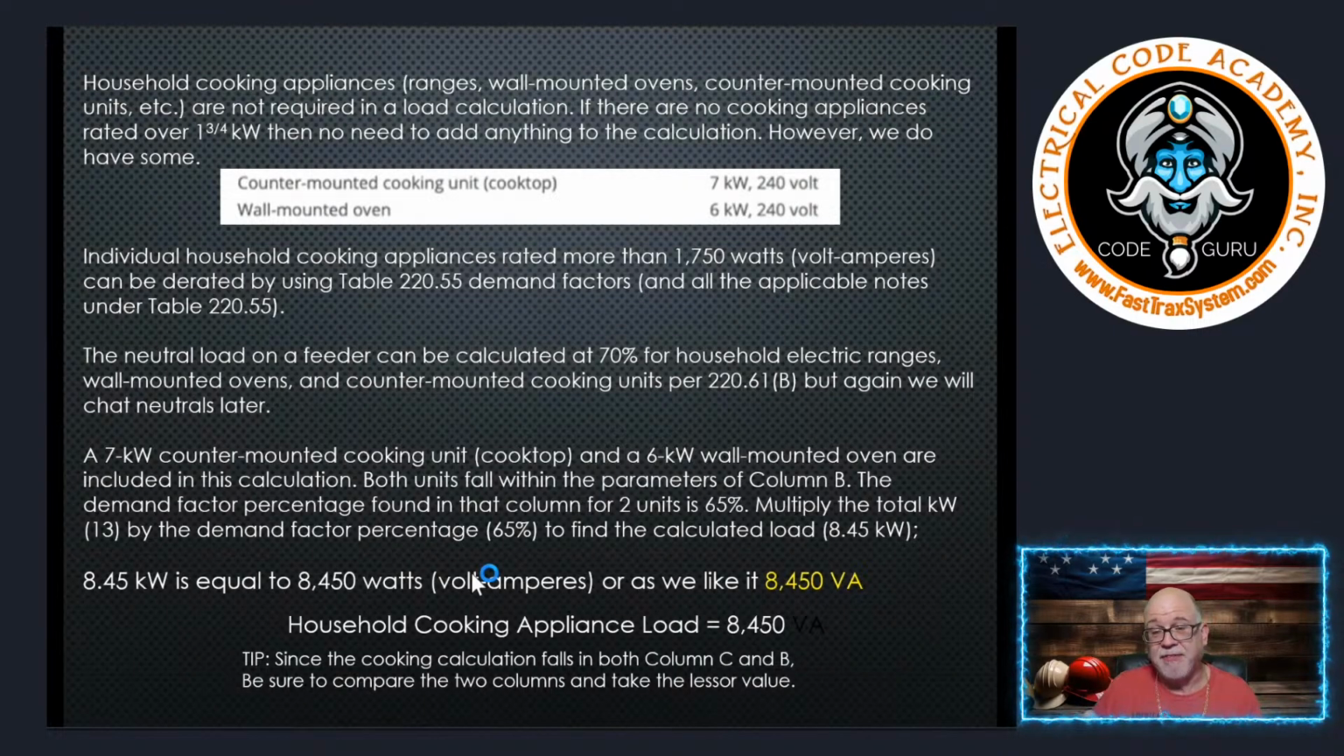But before we leave here, what are we going to do? Remember that neutral? Remember what we said? We get to take it at 70%? I'm going to take that 8,450 and multiply it by 70% to get my neutral. Since I'm already here, might as well knock it out. So I'm going to do that 8,450 times 0.70, and that gives me